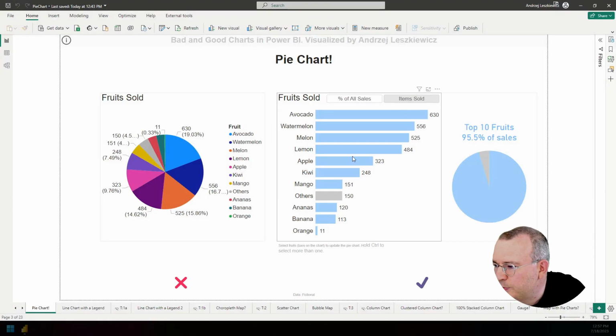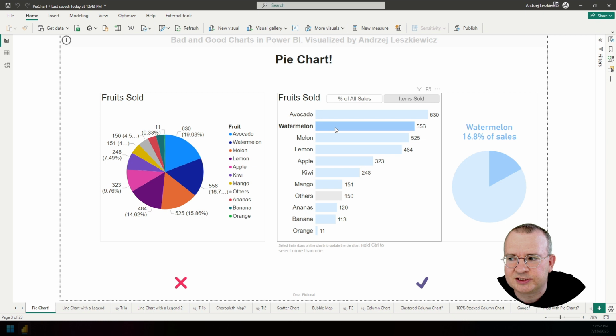In this example of mine, you can highlight any fruit to see sales of this fruit in the whole of this amount of the sales. For example, you can highlight melon and you see melon sales. You can highlight watermelon and you see watermelon sales.